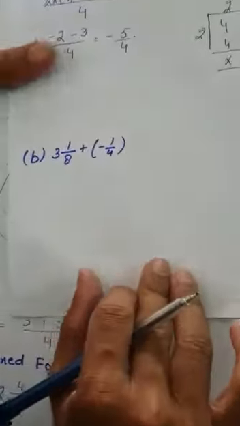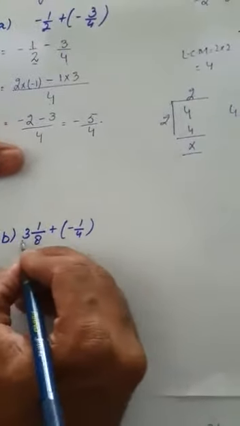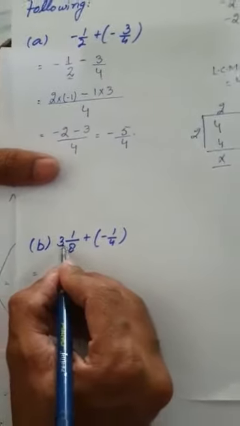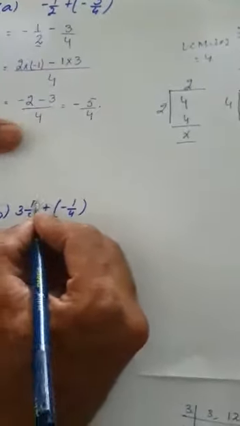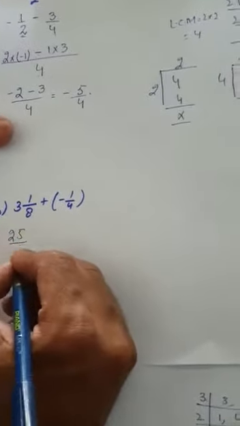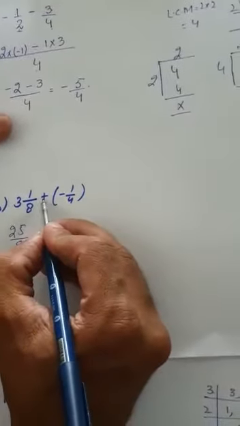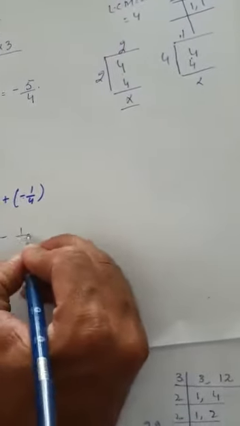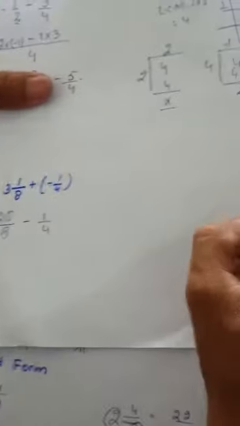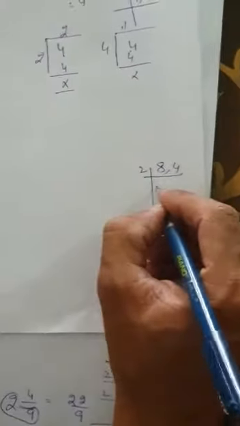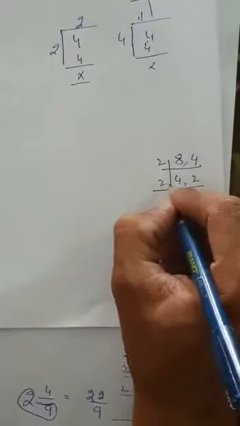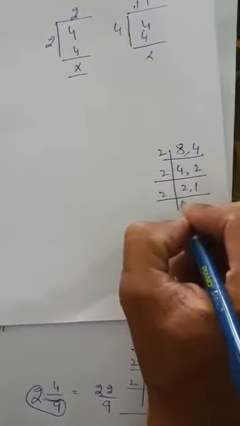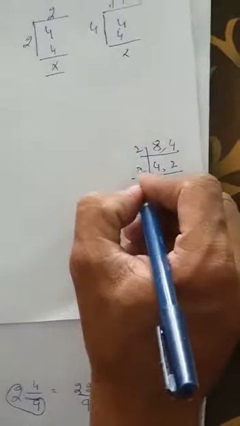Okay, in the second part we are given the mixed form of the fraction. So first of all we will resolve the mixed form. We will multiply 8 by 3. 8 3s are 24. 24 plus 1 is 25. 25 over 8, and after this this plus symbol will be multiplied by this minus, so minus will be our answer, minus 1 over 4. After this in our rough work we will find the LCM of 8 and 4, starting with 2. 2 4s are 8, 2 2s are 4, 2 2s are 4, 2 1s are 2, and 2 1s are 2. 2 2s are 4, 4 2s are 8.